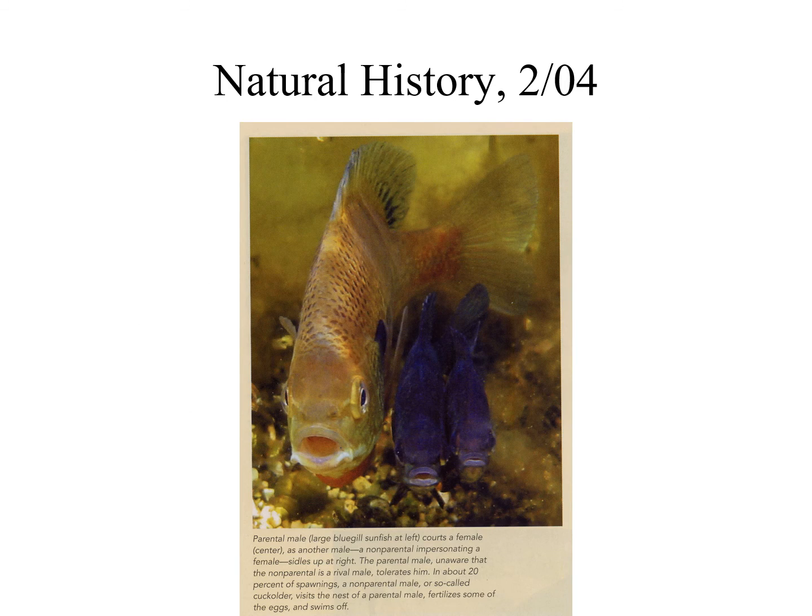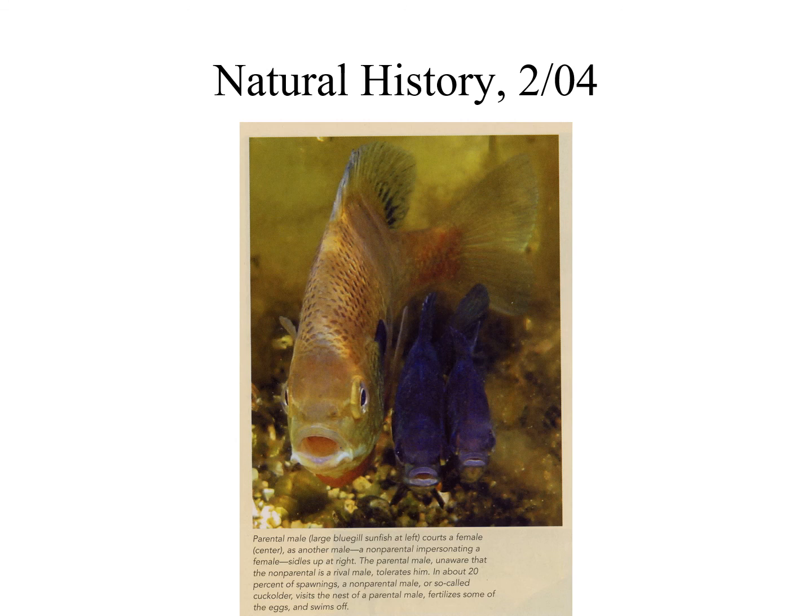But the trick about satellite males is they mimic the appearance of a female. So the dimorphism here among males is you look hypermale, in which case you're a territorial male, and you defend a territory and attract females, or you look like a female, and you make a living as a